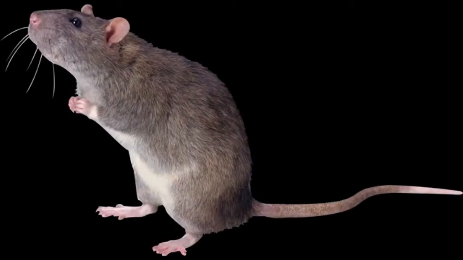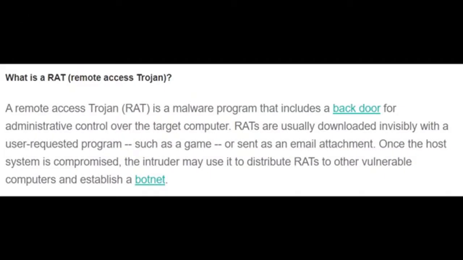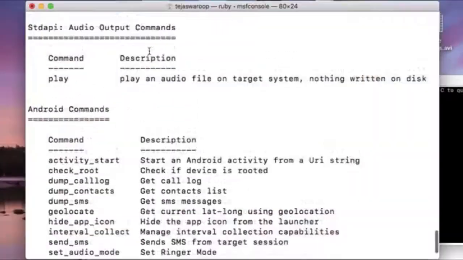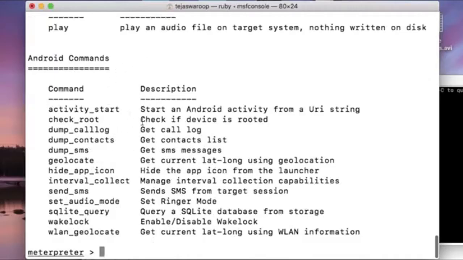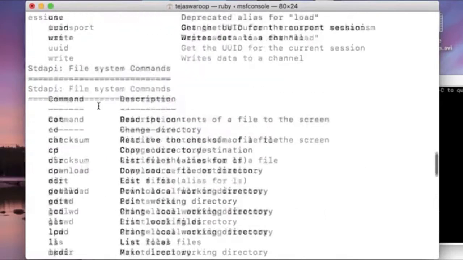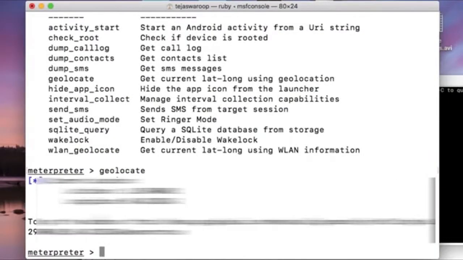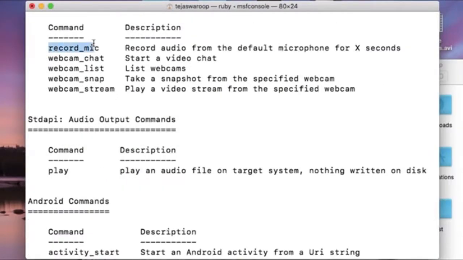A hacker can also install a RAT on your device through social engineering. A RAT is nothing but a malware that gives the hacker remote access to your device. By installing a RAT, the hacker will be able to do literally anything, like stealing your credentials for different websites by using a keylogger, stealing your photos and videos, finding your exact GPS location, or even operating your device's camera or microphone without your knowledge.